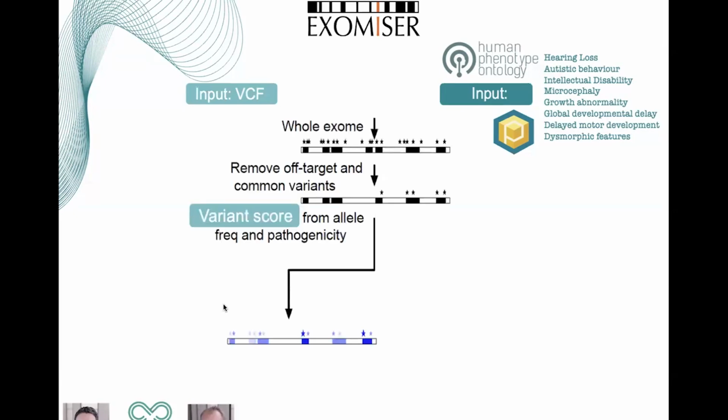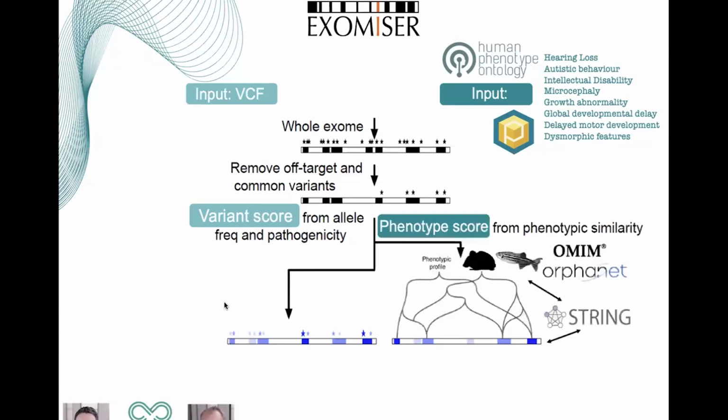So it is mainly constituted by two scores. One is the variant score that utilizes minor allele frequencies from local and population sequencing sources, in silico predicted pathogenicity, variant molecular consequences, and segregation across affected and unaffected members. And the second score is a phenotype score that is obtained from the semantic phenotypic similarity between